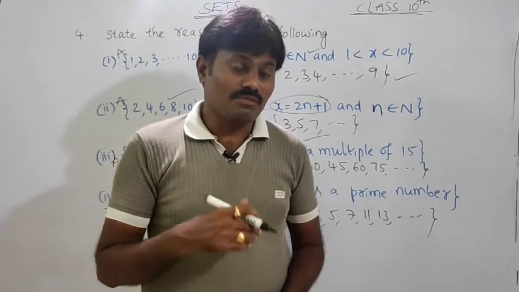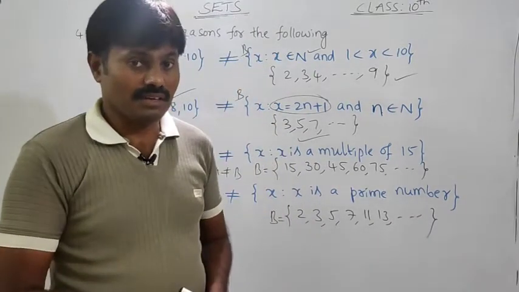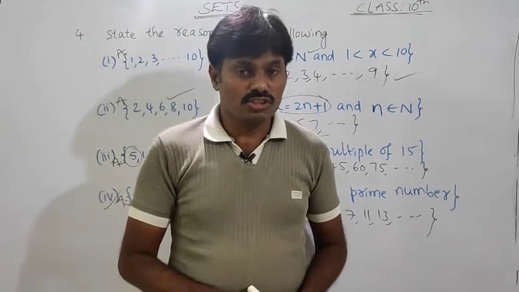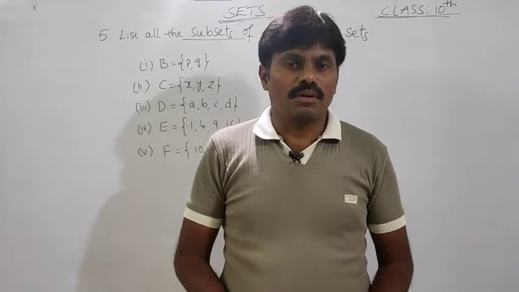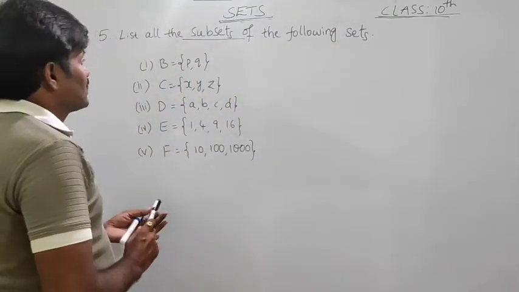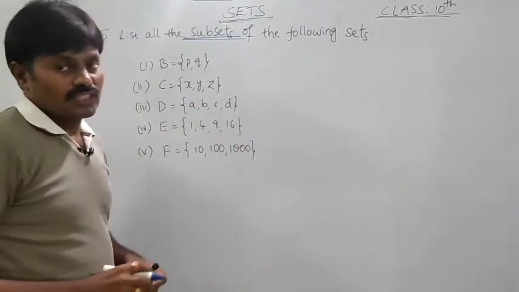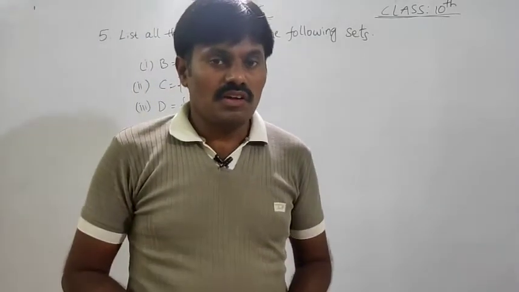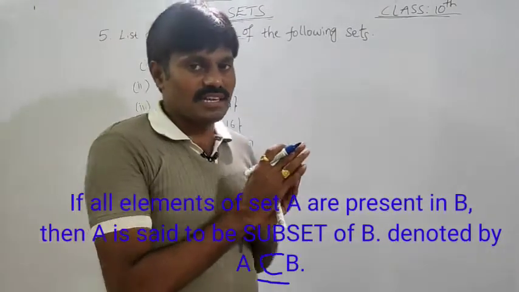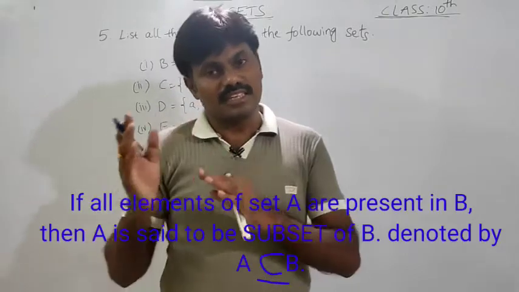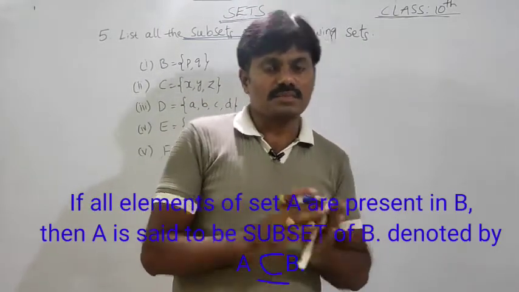Now we will solve a very important problem, that is the next problem along with these. These are also important for 1 mark, but the fifth question is also most important. Let us solve that question now. Now my dear children, let us solve the fifth problem, that is regarding subsets. List all the subsets of the following sets. First of all, what is a subset? For example, if we consider two sets A and B, if all elements of set A are in set B, then we say that A is said to be a subset of B.